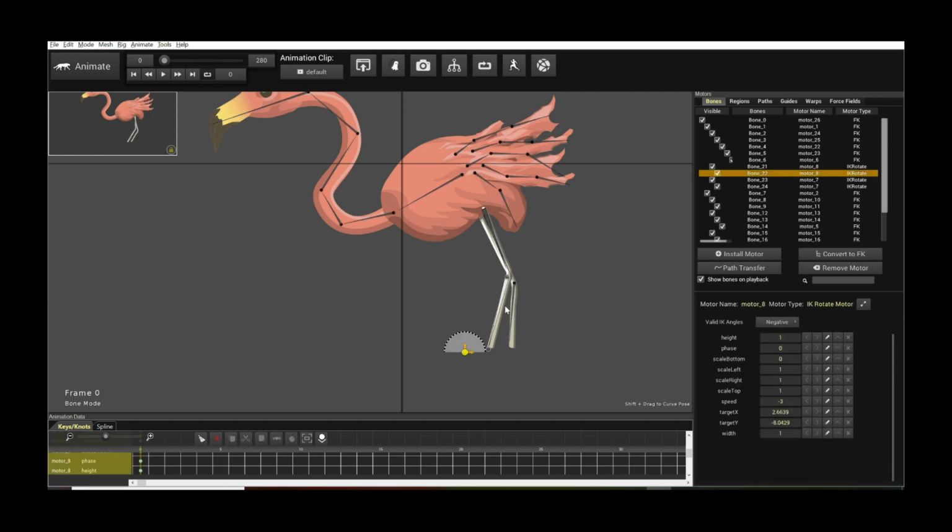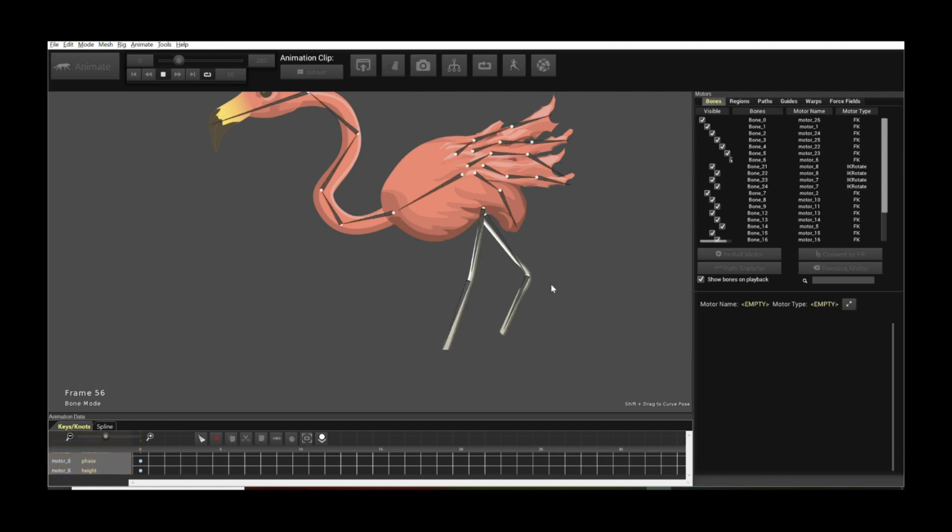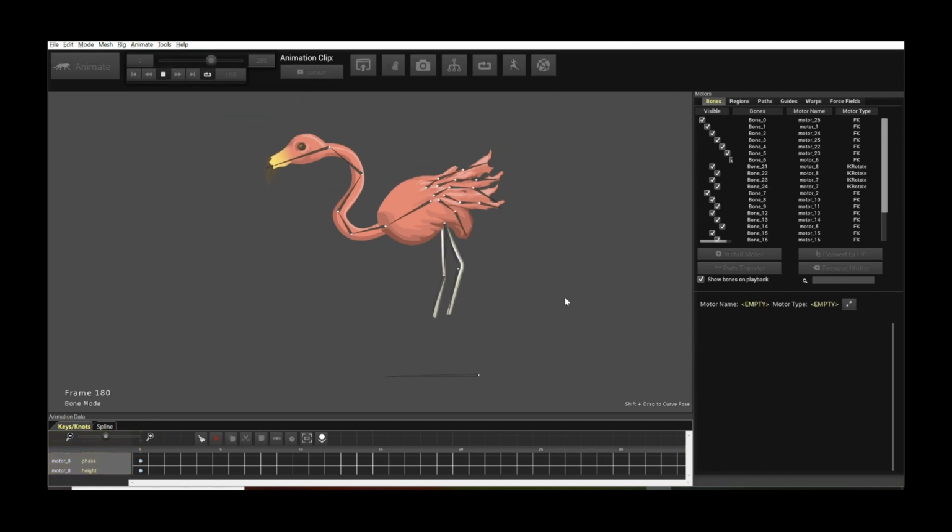In order to accomplish that, I'm going to tweak what we call the phase. So phase is going to offset the animation. I'm going to set a value to like 0.8 or 0.9 or 1, and there you have it. Now I actually have a walk cycle done in no time at all using the power of the IK rotate